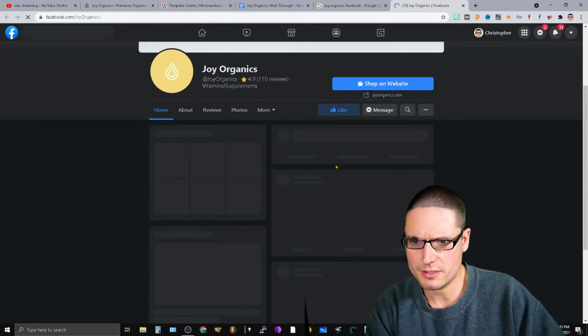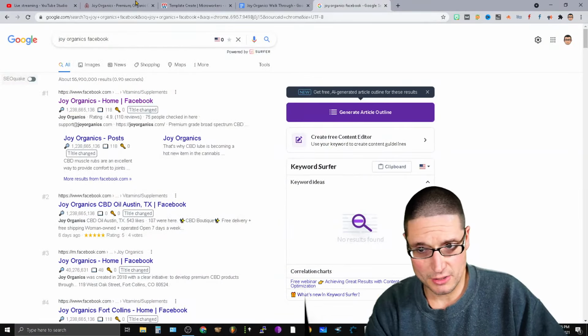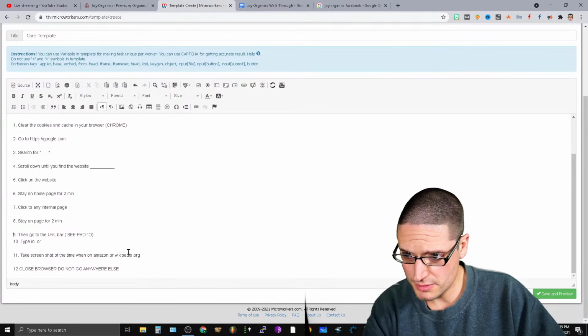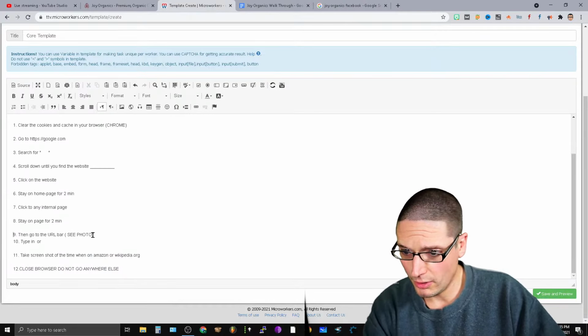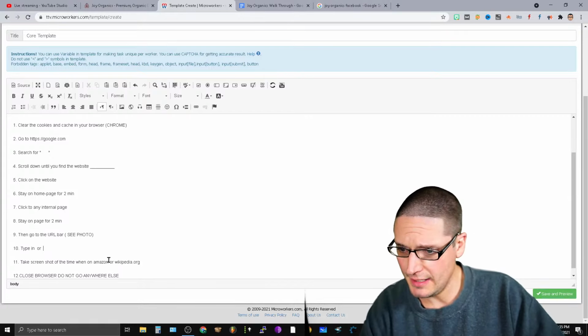Let me just make sure it's the same brand. Yep. Okay, so that's an authority source. Facebook is an authority source. Then go to the URL bar, see the photo for number 9. Okay, and then type in,